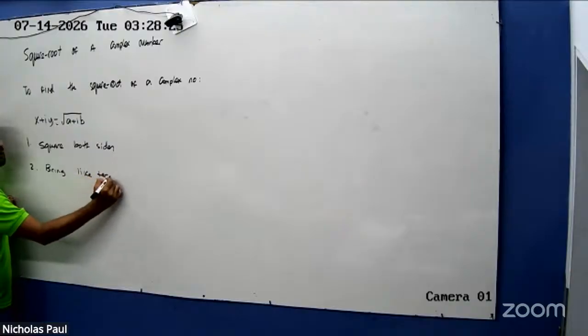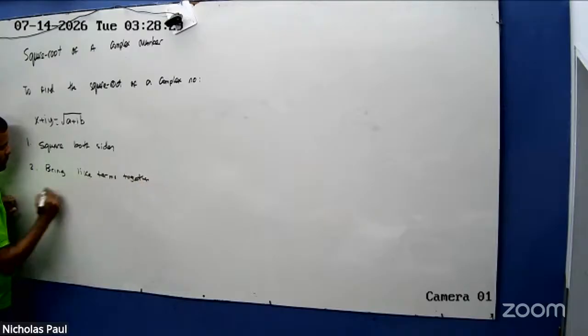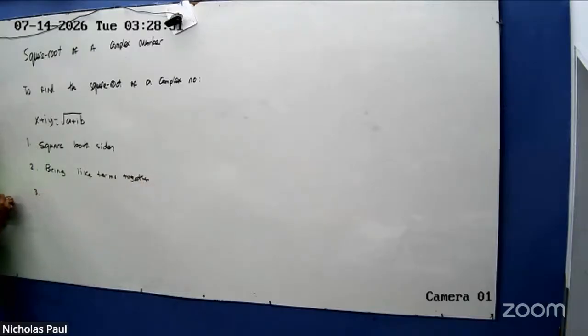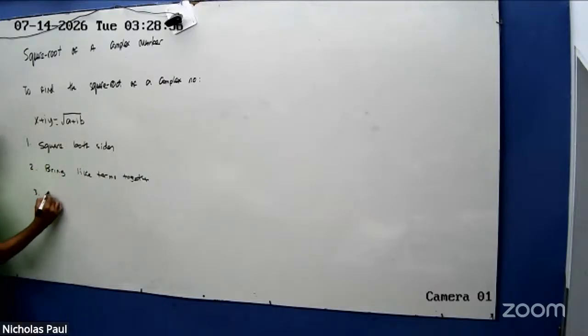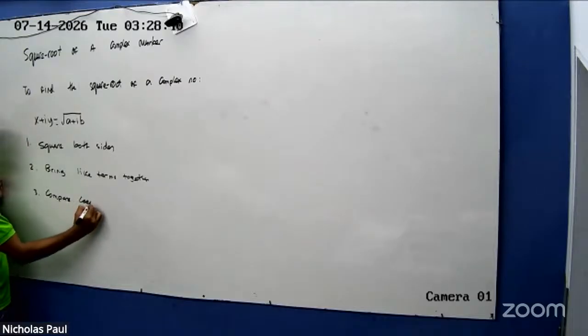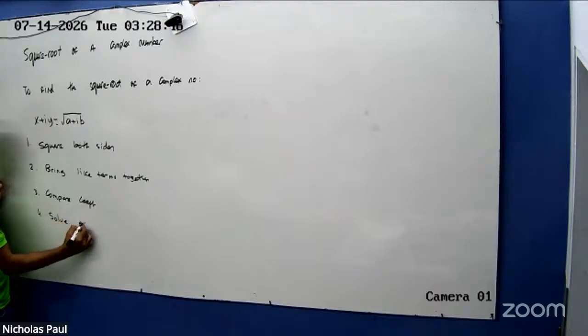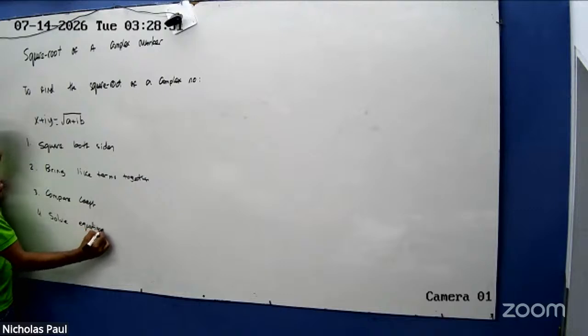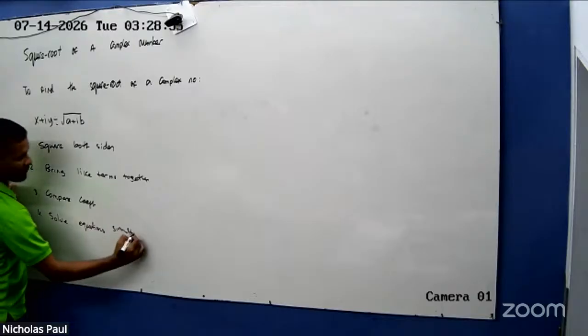Next, for the left hand side and the right hand side to be equal, you compare coefficients. After you compare coefficients, you solve the equations simultaneously